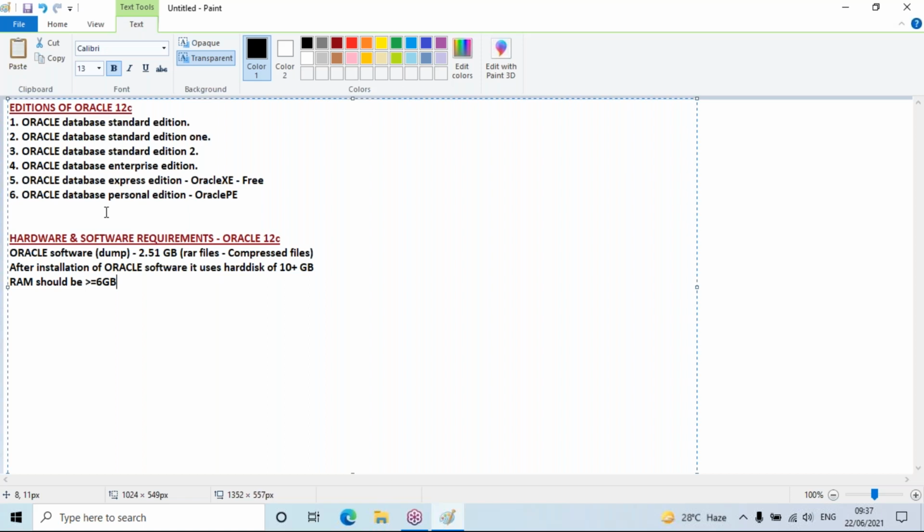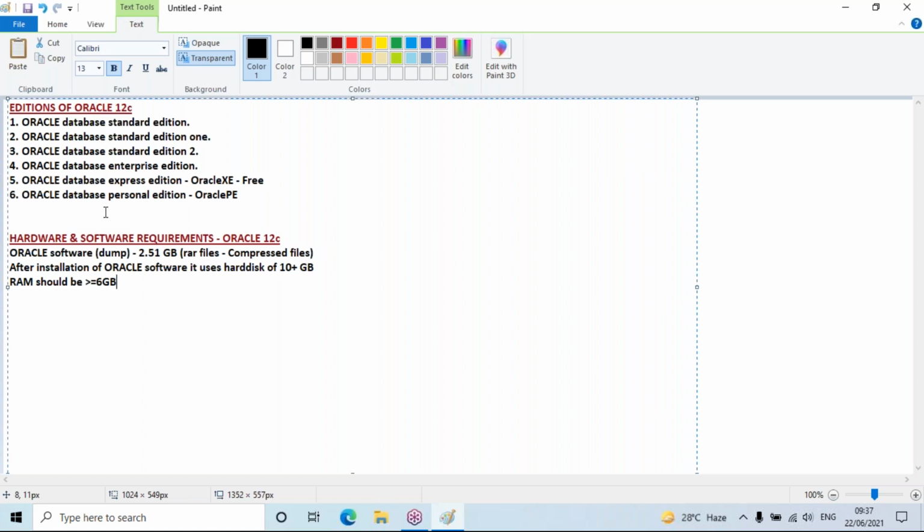Because in my system there were many applications running at that time, even now also. Like I have .NET running on my machine, SQL Server running, Oracle running, Python running, Java running, MySQL also running. Since all these applications and background processes are running, for me 6 GB was creating a problem.